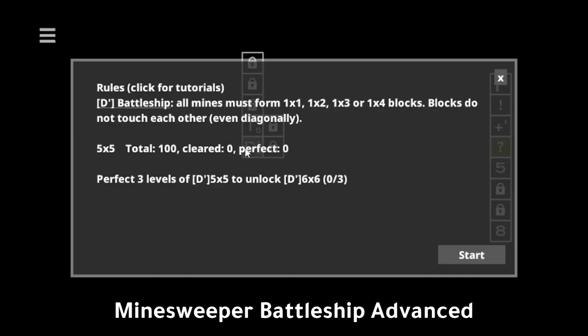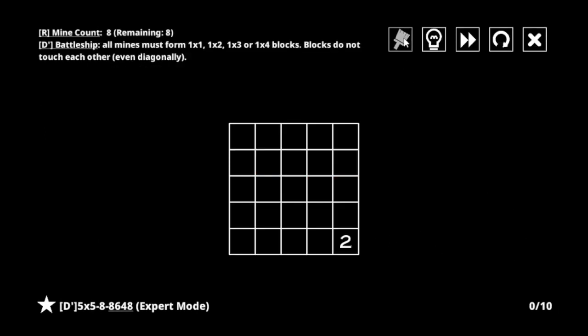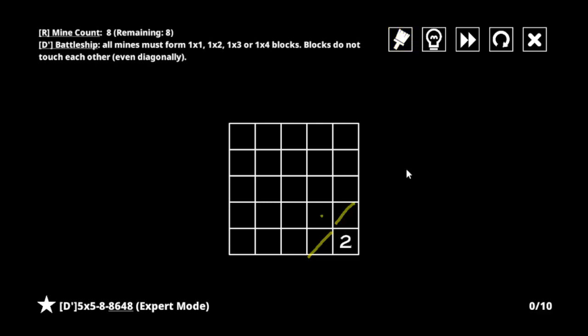Welcome to Minesweeper Battleship, where all mines must form 1 by 1, 1 by 2, 1 by 3, or 1 by 4 blocks, but the blocks can't touch each other, not even diagonally. So let's see. If this is not a mine, then this 2, which is just a standard Minesweeper clue, the mines would be here and here, but those would be blocks that are touching diagonally, so that must be a